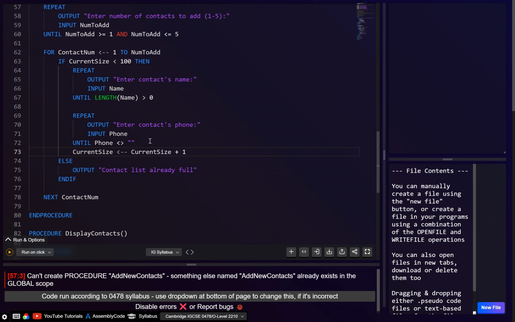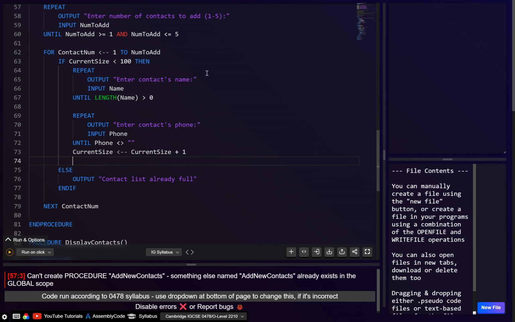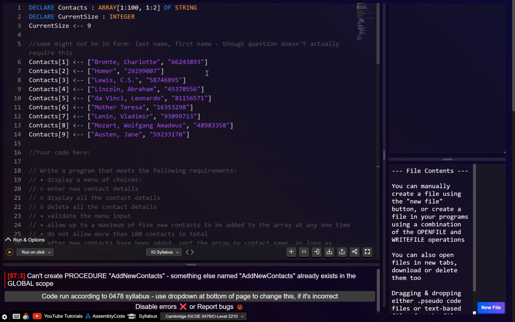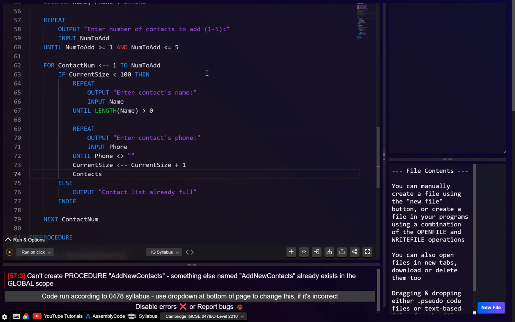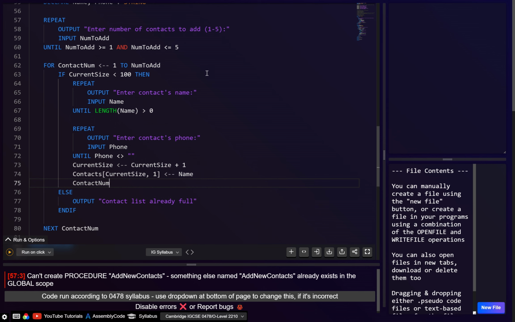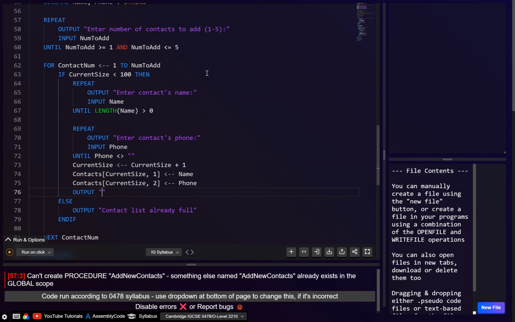The reason we do that is because otherwise, if we insert at the current size, that will overwrite the last person that exists. So this will move it to the empty position, the next position. And then what we can do is contacts, this will be the current size, and then position 1, or column 1, that's going to be the name. Then contacts again, it's going to be current size, and column 2 is going to be the phone. And then maybe here we'll just go like added contact,